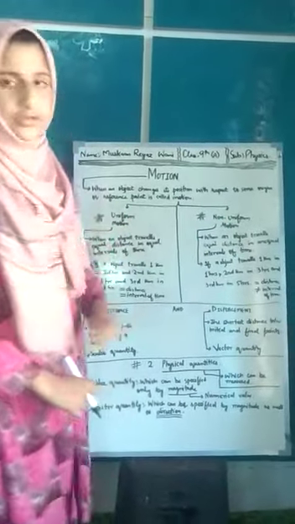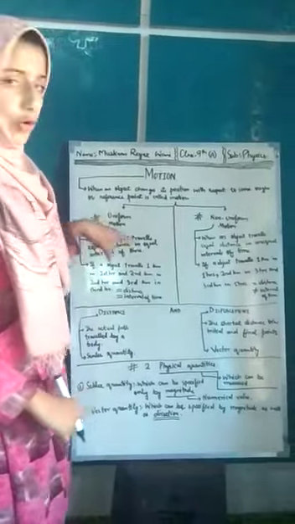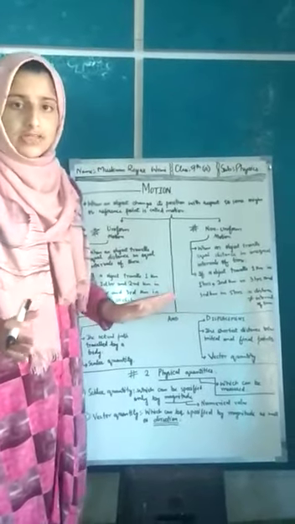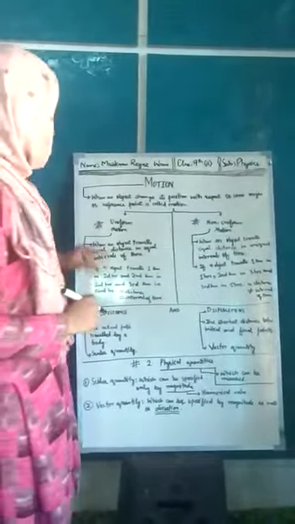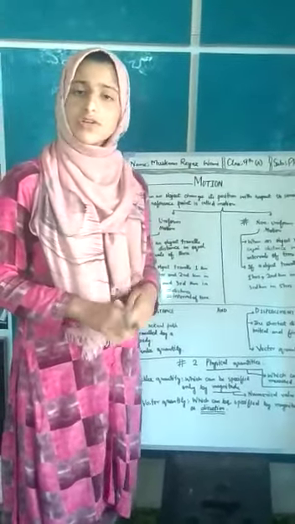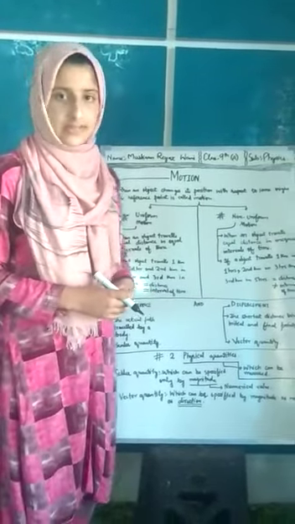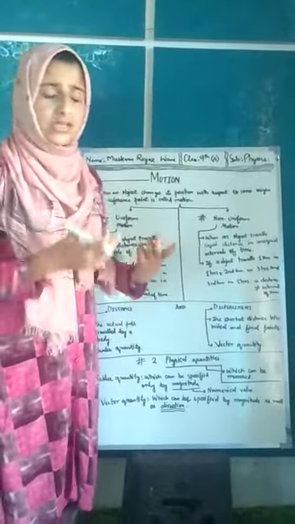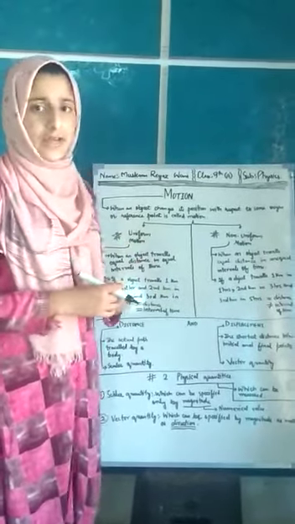What is uniform motion? When an object travels equal distance in equal intervals of time, it is to be called as uniform motion. For example, if an object travels 1 kilometer in first hour, 2nd kilometer in second hour, and 3rd kilometer in third hour, so therefore it travels equal distance in equal intervals of time, so it is a